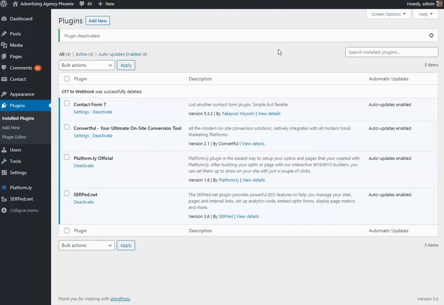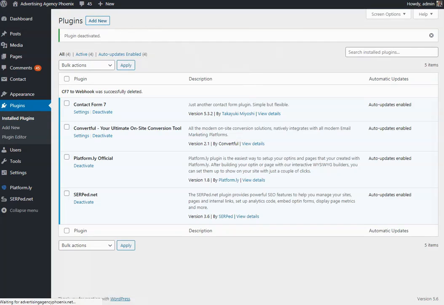In this tutorial video I'm going to show you the steps how to connect Contact Form 7 with Platformly. As you know, in Platformly we have webhooks that accept data, and based on that data you can do specific actions to your contacts. In order to connect Contact Form 7 to Platformly, because by default Contact Form 7 doesn't have webhooks, we need a middle plugin that is going to send the Contact Form 7 data to Platformly as a webhook. So let's add that plugin quickly.